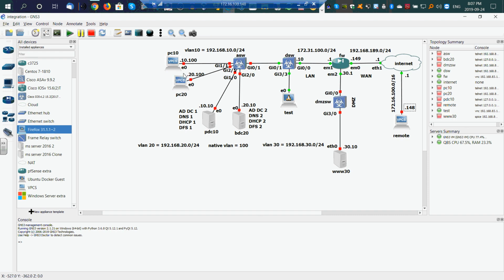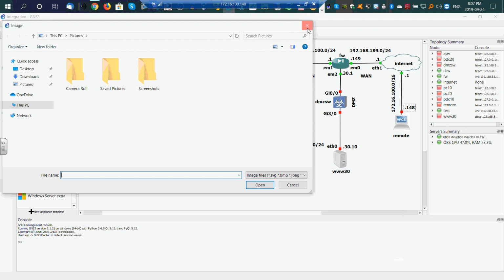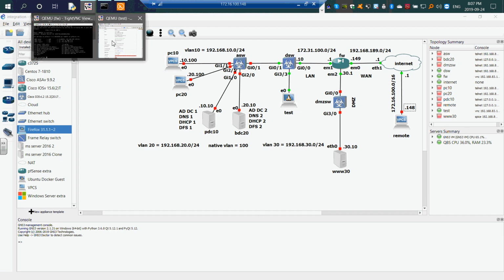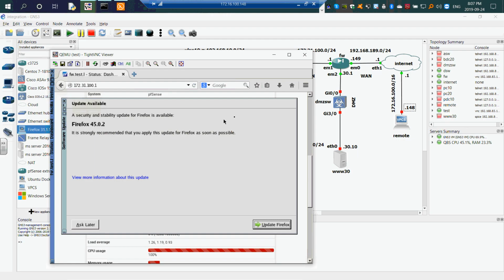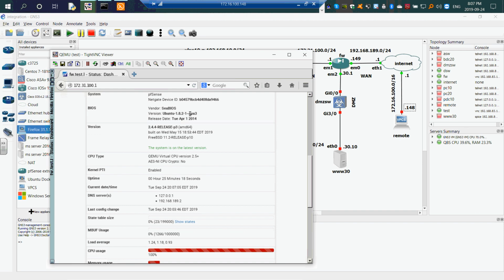Okay, so basically the primary configuration of the firewall has been done, plus the initial configuration on the firewall and the settings of this has been done. I'm going to